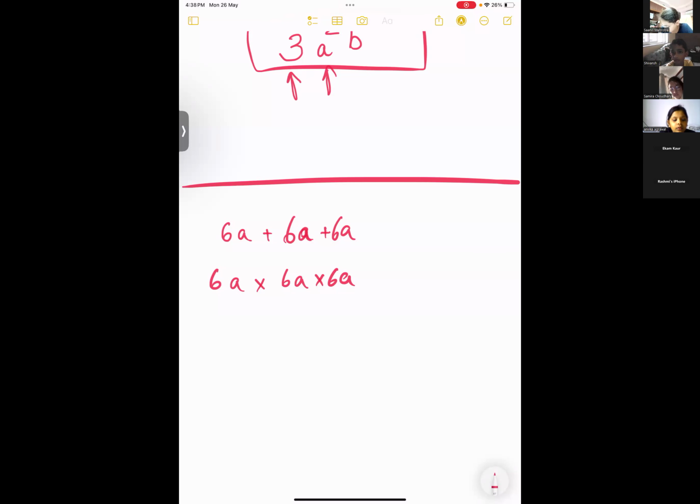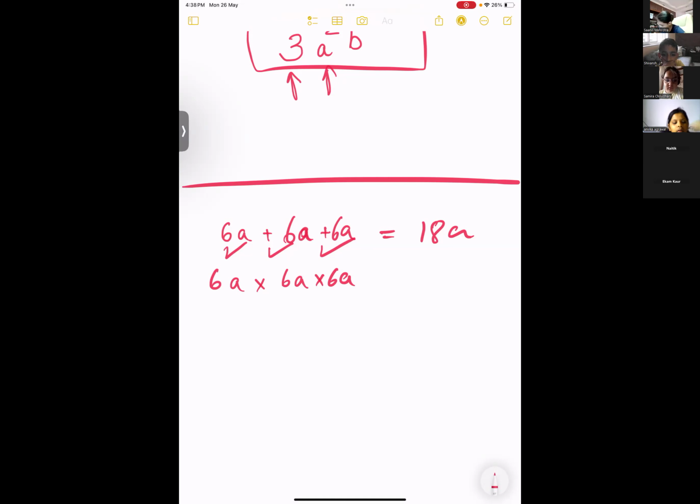Okay. Now let's solve it together. Now 6a plus 6a plus 6a. So it is 18a. Okay, perfect. Now we don't know how to write cube here, hai na? Now look at number 6. Number 6 ke upar there is a sign for cube. I'm going to type it in the chat box. Everyone should know how to write it. Guys, open your chat box.